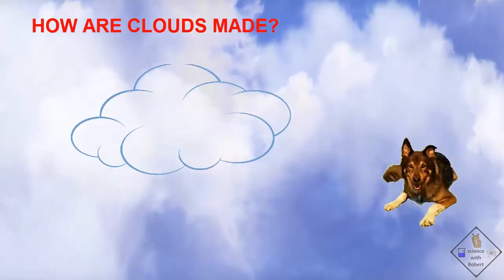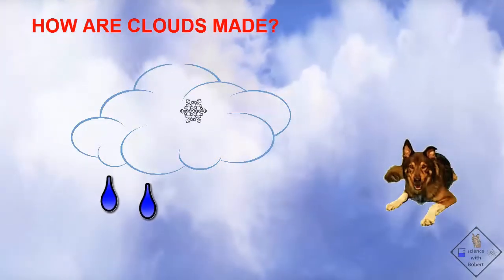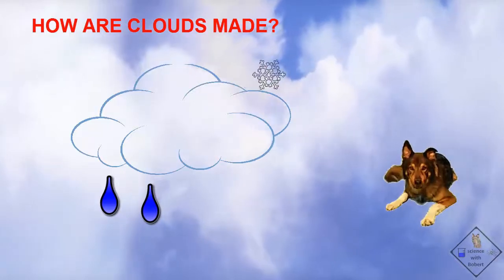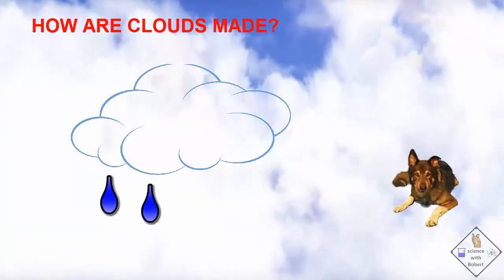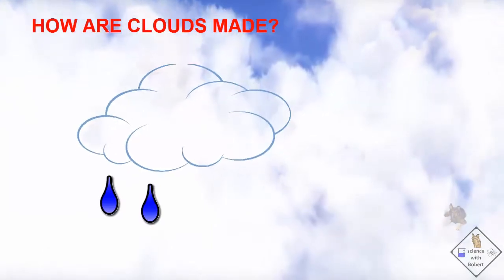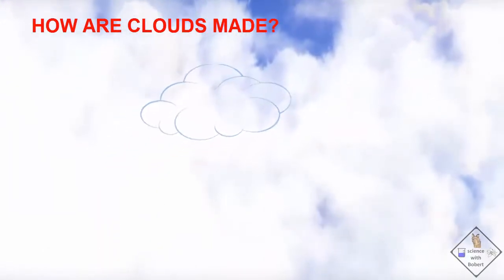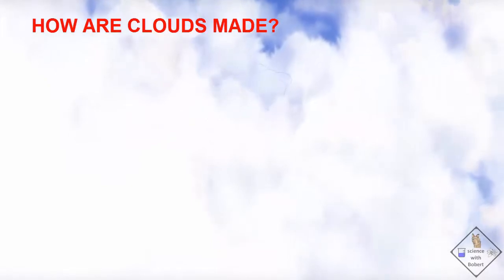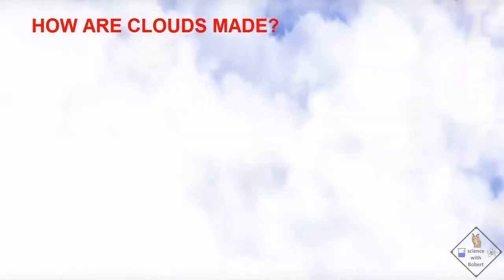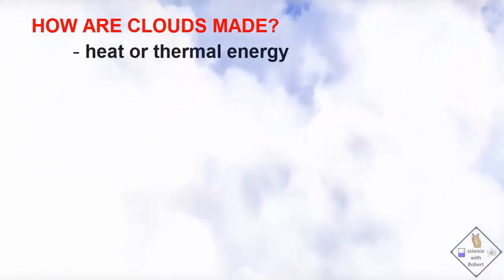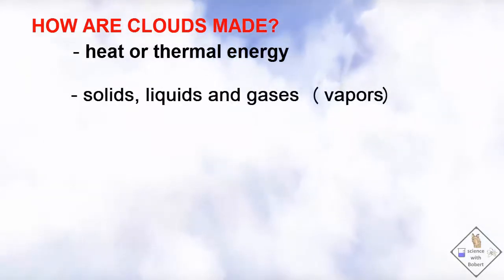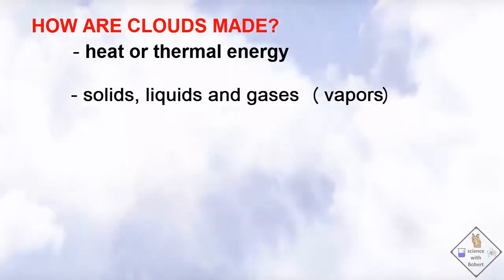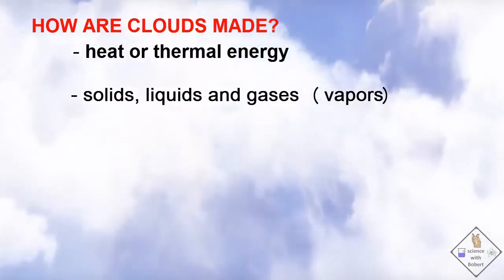Dr. Smith and I are going to help you understand how today's scientists believe they understand how clouds form, and also how precipitation like rain and snow is created in our clouds. Now, in order to do this, we will need to see how scientists think about heat, which scientists like to call thermal energy, in order to understand the differences between solids, liquids, and gases. Scientists also call gases vapors.